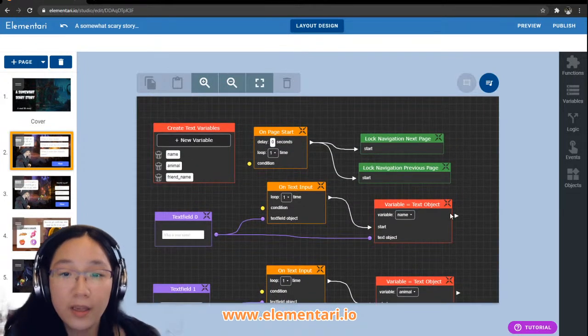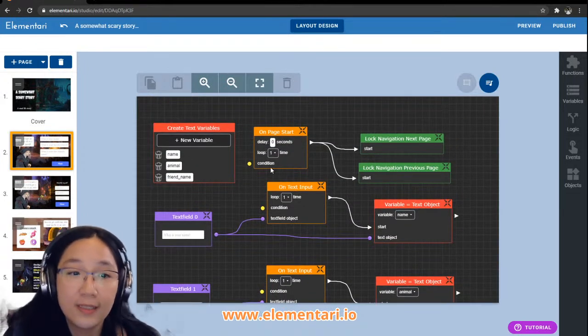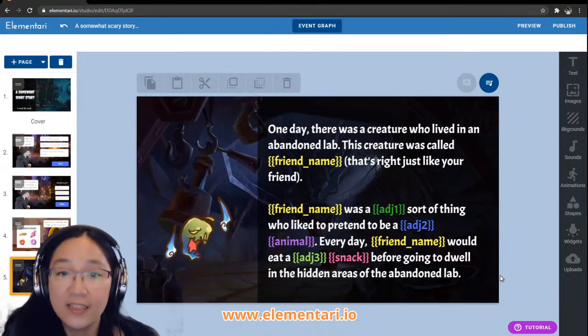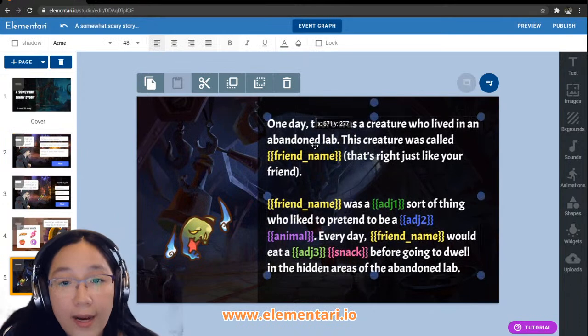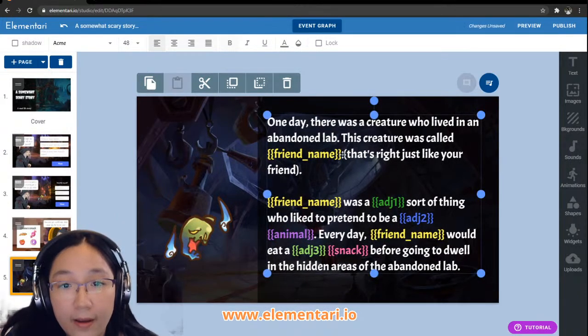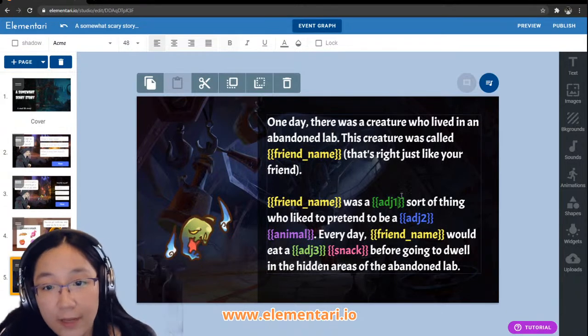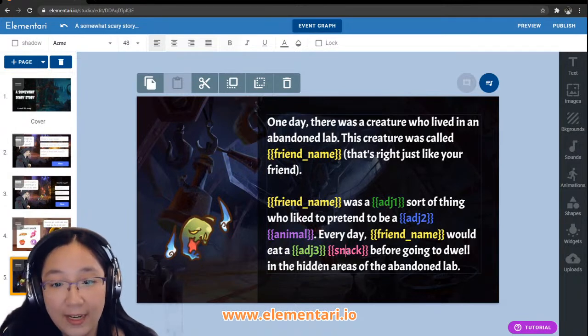Okay, so we're not going to focus too much on the coding side. I want us to take a look at how we can continue our story, right? So right now we have a couple of variables. We have your name, so name, friend name, adjective 1, adjective 2, animal, adjective 3, and snack.